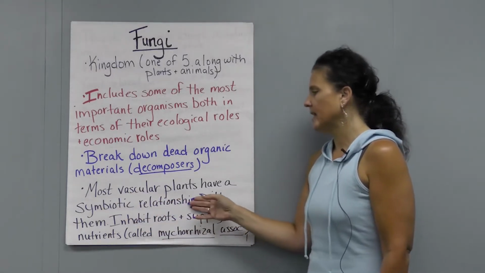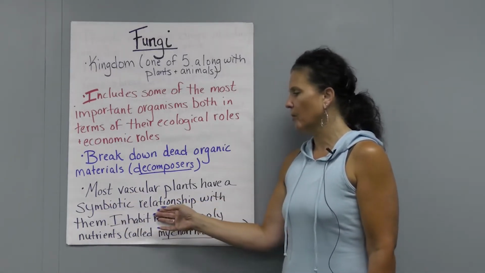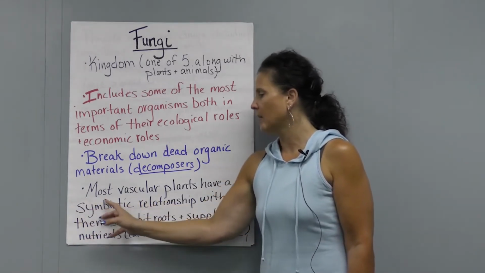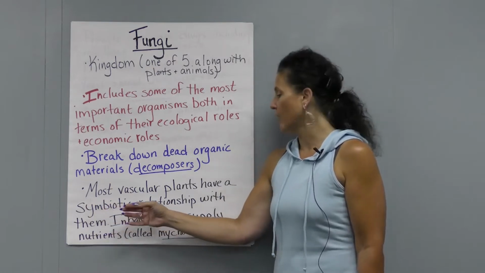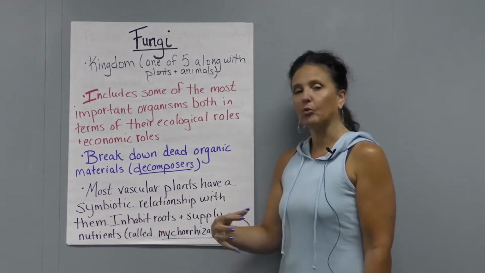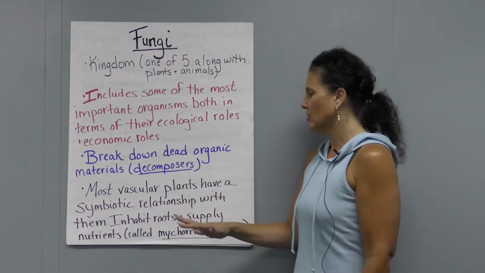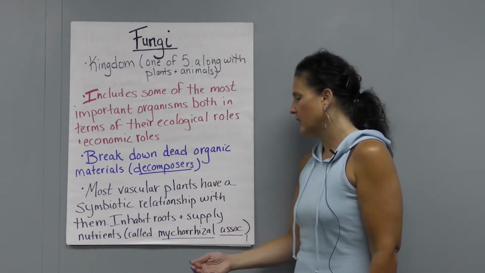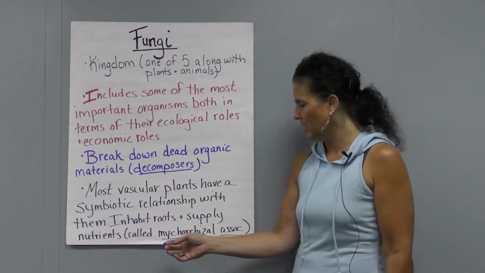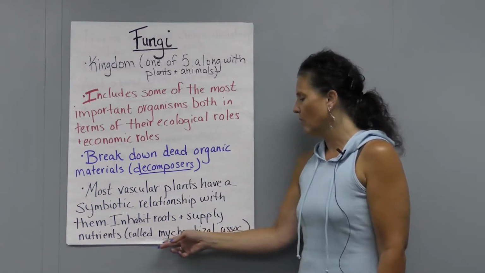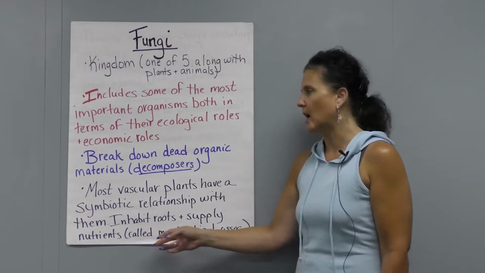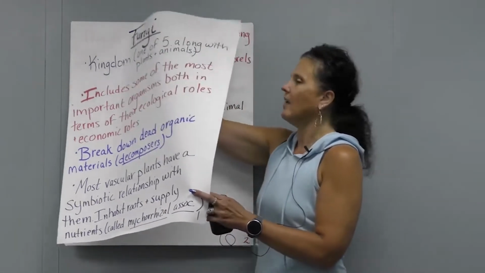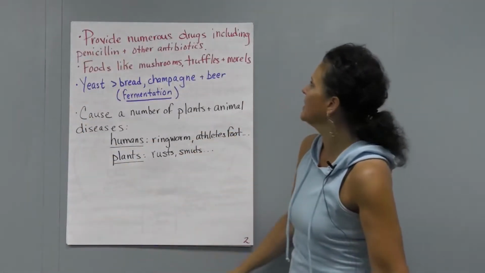Most vascular plants have a symbiotic relationship with them. Remember, we've talked about symbiotic relationships before, meaning same life. Right? They're helping each other. So they inhabit the roots underneath of trees or vascular plants, and they give nutrients to those trees and vascular plants. What that's called is an endomycorrhizal association. If you see this mycorrhizal, that has to do with a fungus every time. And we're not going to look really at the reproductive cycles of fungi. That's more of a deep biology subject.